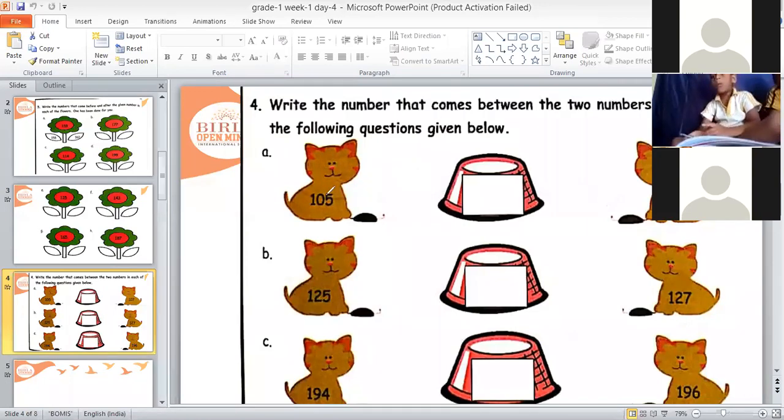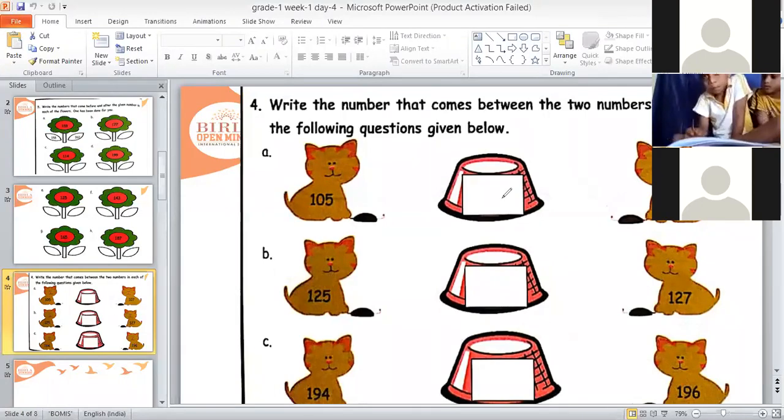Yes, how you will read this number? I told you, you have to read the number. First, you have to see what is the number in ones place. Then you have to see what is the number in tens place. And then you have to see what is the number in hundreds place. As you all can see here in hundreds place, we have a number 1. So we will read it as 100. And the remaining 2 numbers, that is the number in tens place and ones place, we will read those numbers together. So this will become 05 and we read it as 5. So this is 105. So your first number is 105. And if you will look at the second cat, number is 107. You all can see here, this number is 107.